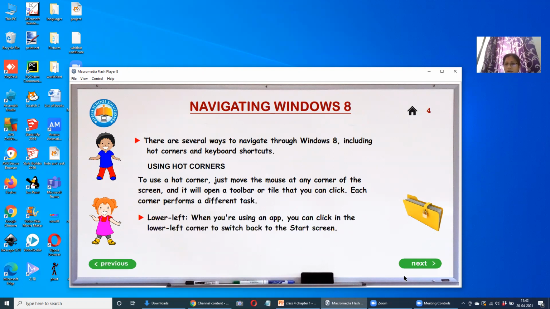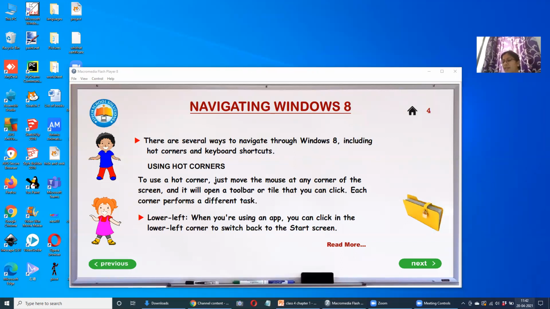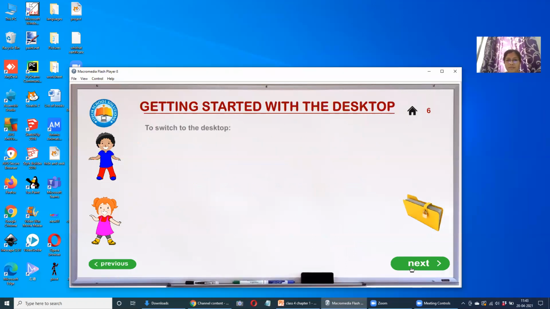These are all about your hot corners. And if you come towards your right side corner, just follow my mouse pointer, children. On the screen, you're able to see my mouse pointer. Please follow my mouse pointer. Here you can see there are notifications, which you have studied in your previous classes. In the right hand corner, you'll be able to see the notification. Beside that, you're able to see the calendar and time. Then beside that is your battery level, then your internet connection, volume. So these are nothing but your hot corners.